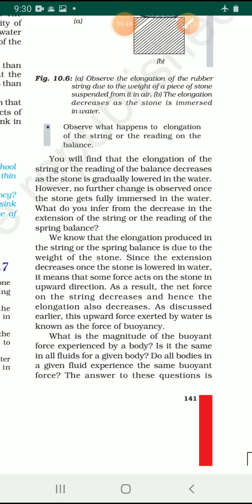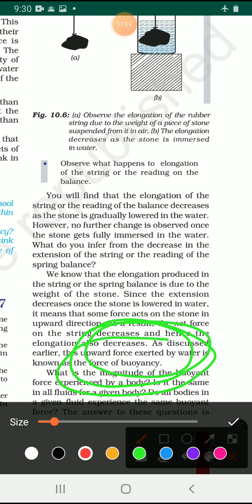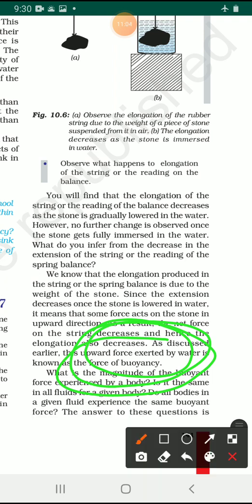So this upward force exerted by the water is known as the force of buoyancy, right? This upward force is known as the force of buoyancy. So we call it the force of buoyancy, right? So next,